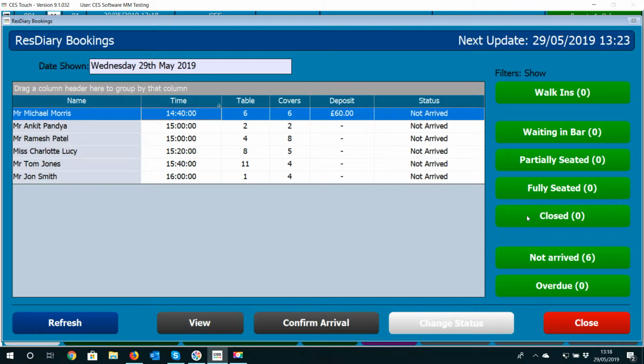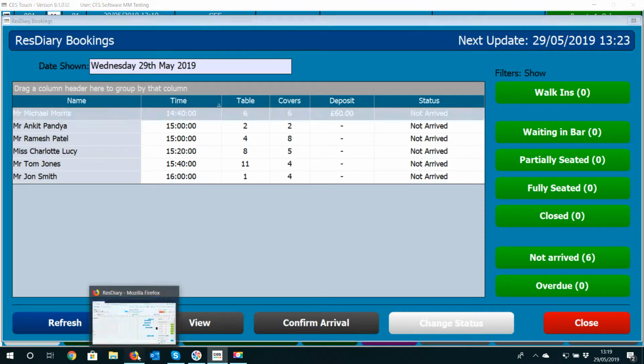If it gets to a stage where you're very busy and 20 tables have been closed and you don't want to see them all on the grid, you can turn that one off and hide that. But okay, now to bring a booking in, let's bring in Michael Morris. Now quick look on here,